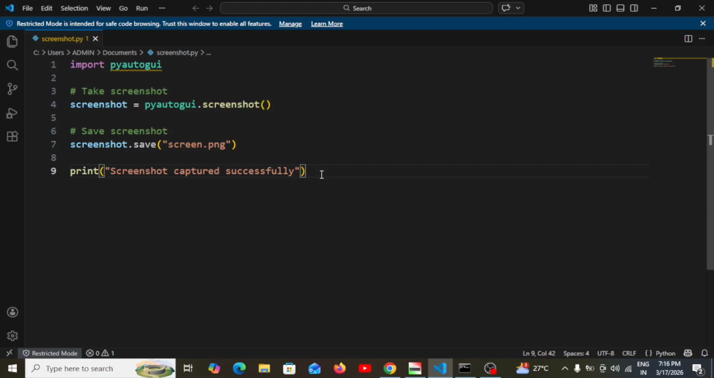Are you still taking screenshots manually? What if Python could capture screenshots automatically? Yes. Instead of taking screenshots using print screen and open paint,